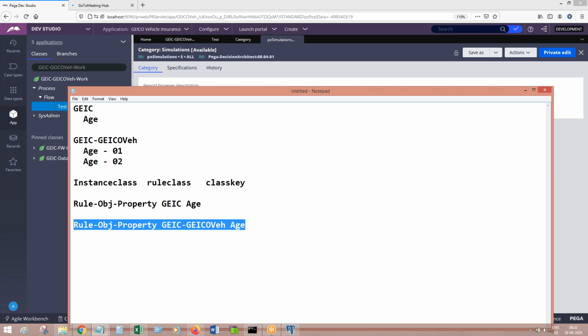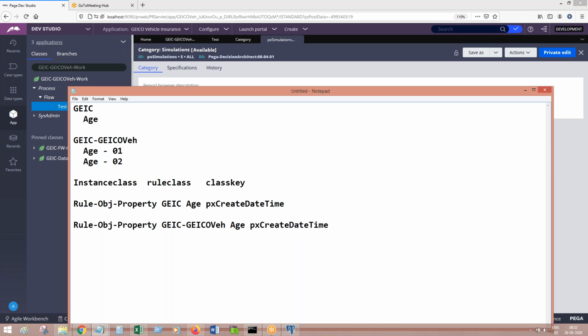It is not going to solve the problem of having a unique value, because the age property in the same class is there twice in two different versions. So this pzInsKey is for which one, version 1 or version 2? So it is not solving again. We need one more parameter, pxCreateDateTime. This will also be added. So now the pzInsKey value will be unique. For sure, it will be unique.